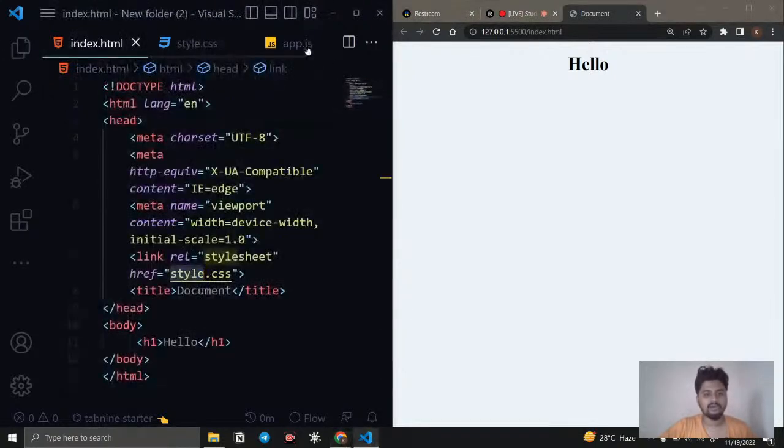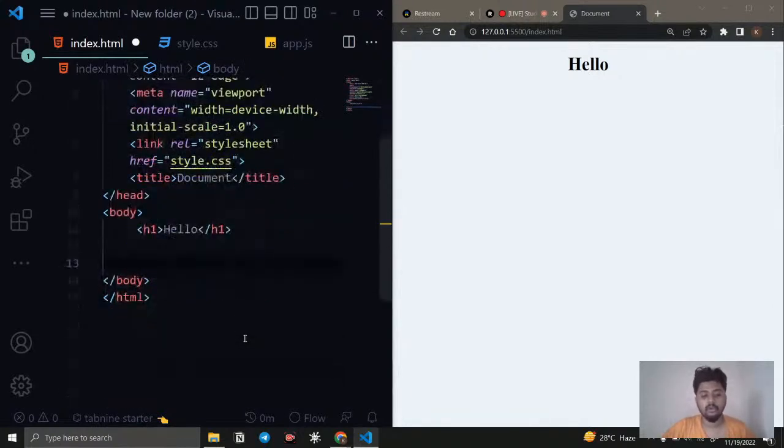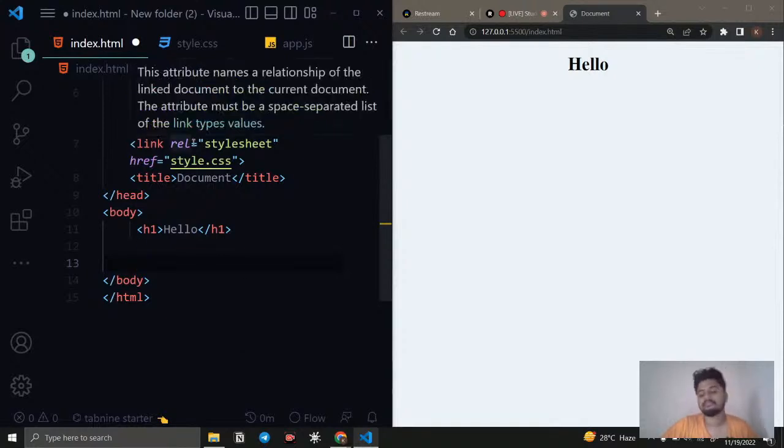Same like that, if you want to run JavaScript code in your HTML, you need to first link it. So how can we link it? We can link the JavaScript below, at the bottom of the body. Why do we need to link it at the bottom of the body? Reason number one is, you can link the JavaScript file in the top head also, but why it is not recommended is, because if some problem